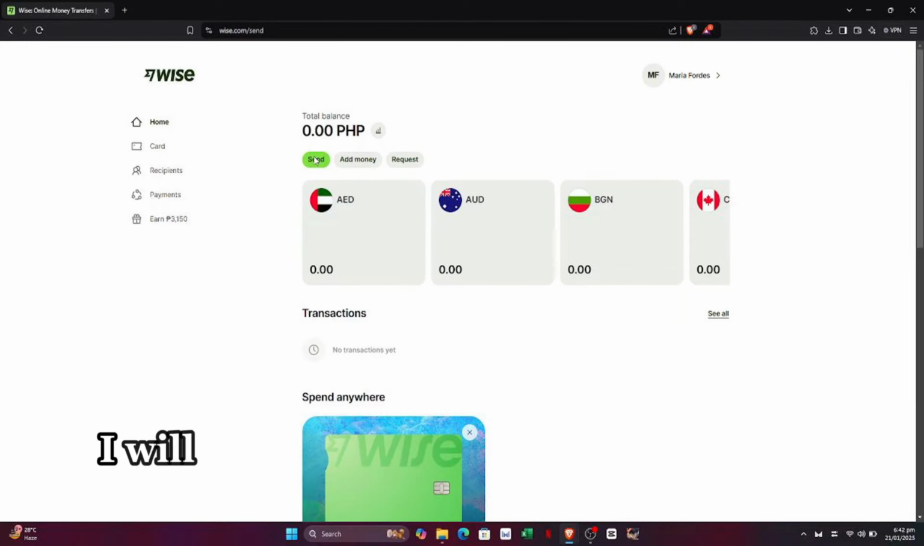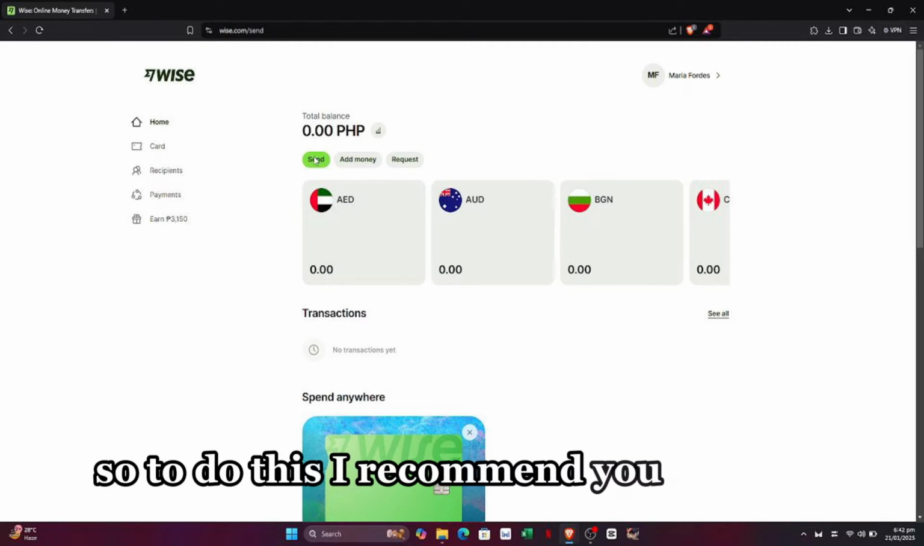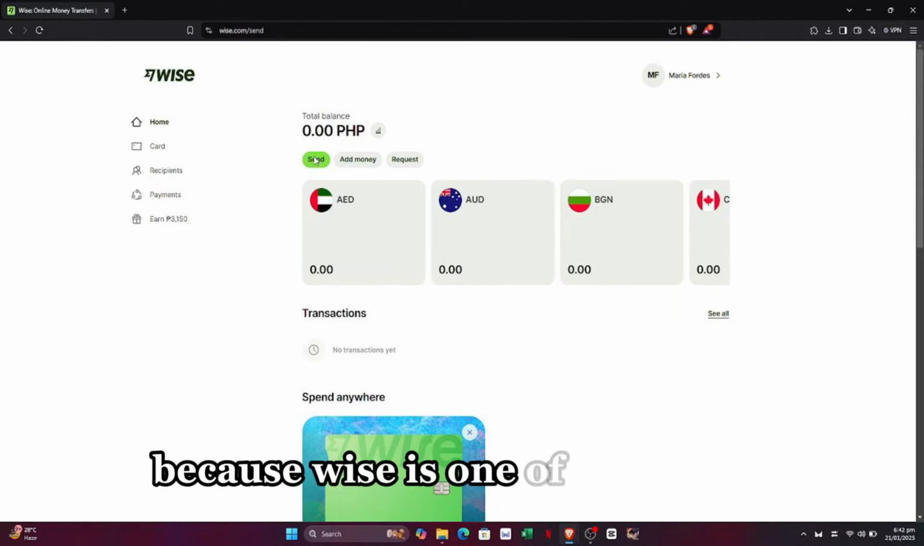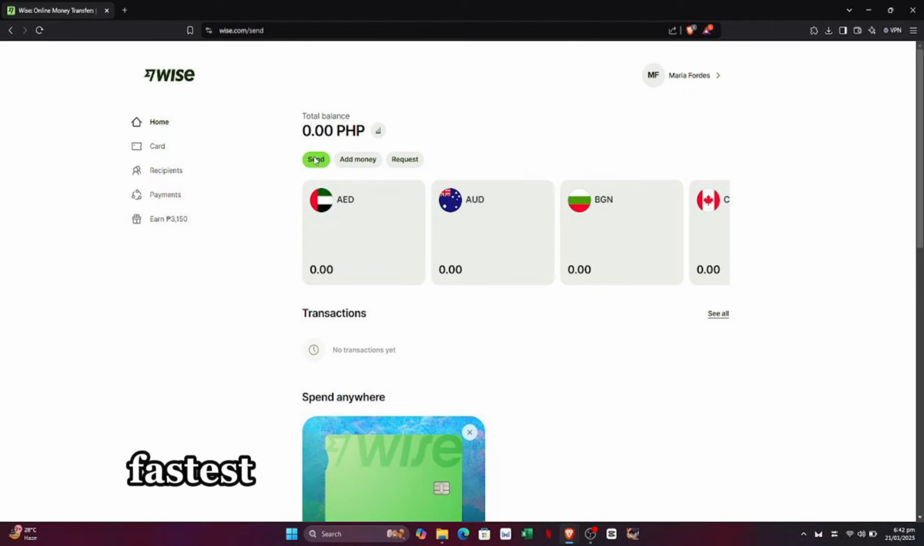In this video, I will show you how to transfer money from India to Ireland bank account. So to do this, I recommend you use Wise because Wise is one of the easiest, fastest, and cheapest ways